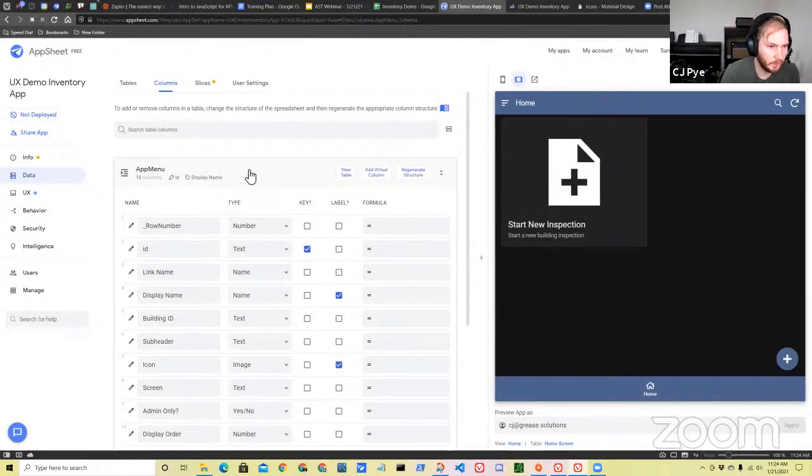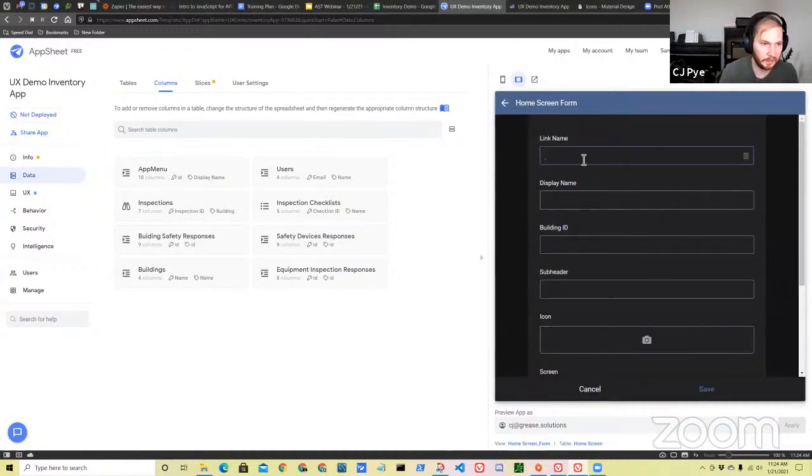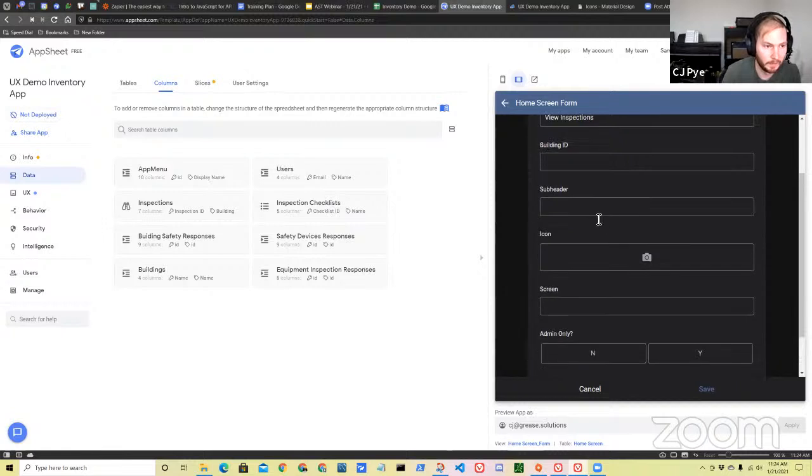So we have our first view, start new inspection, and I said I wanted a two-view setup: start new inspection and view started inspections. So let's go ahead and create that second one. Started inspections is what we'll call it, and we'll give the display name view inspections. If I can spell inspections, I misspell that word a lot. The subheader will say view in